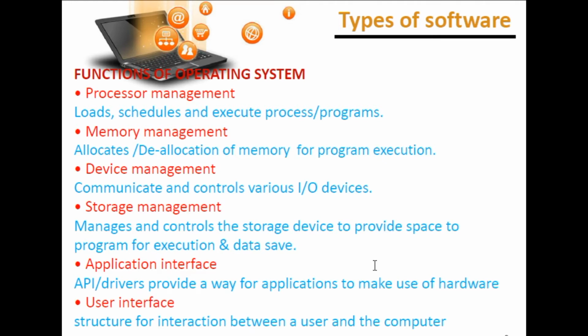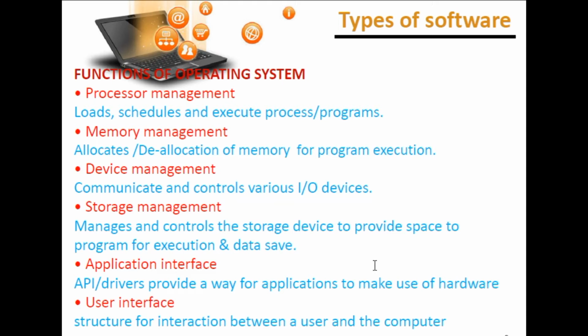For example, if you are scanning the computer through the antivirus, and simultaneously you are listening to music also, at that time the operating system will give more priority to the antivirus as compared to the music program. Why? Because it is essential as compared to the music, but it is a simultaneous process, so the user can't differentiate between them.